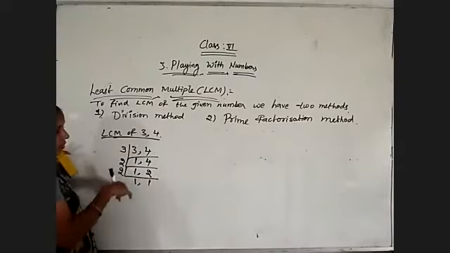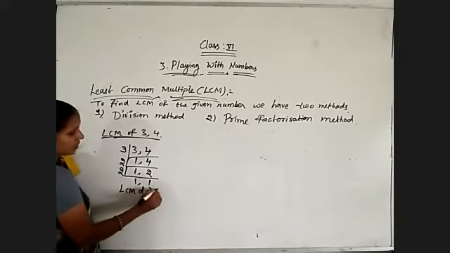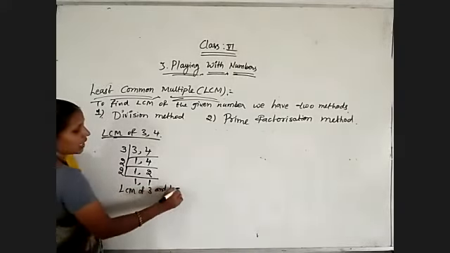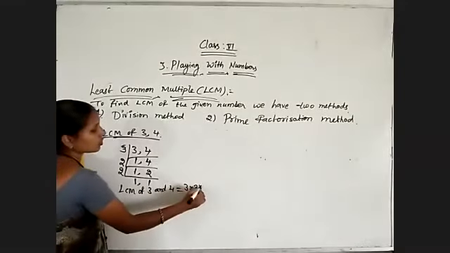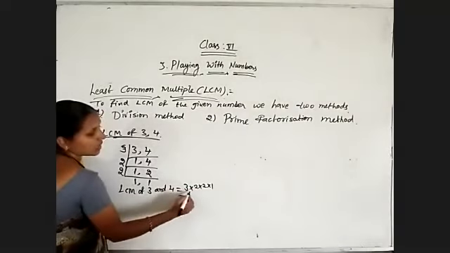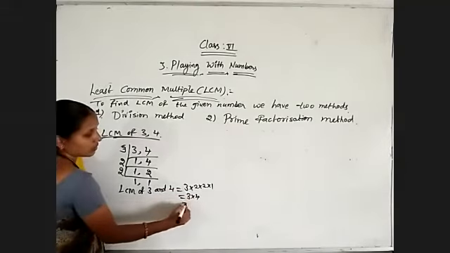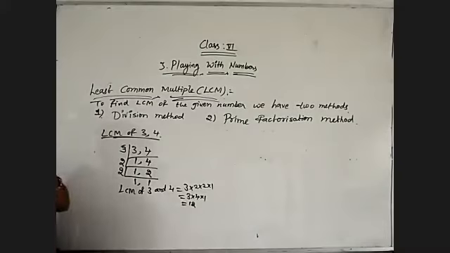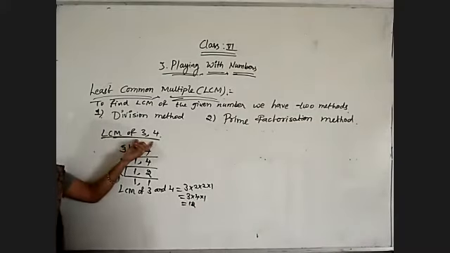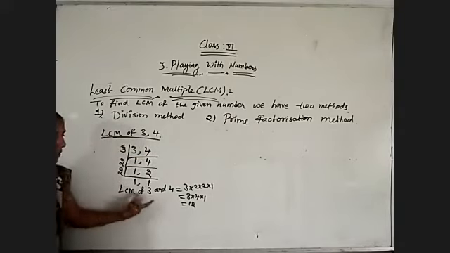Okay, so like this. Now the LCM of 3 and 4 is equal to the product of the factors we got on this side, that is 3 into 2 into 2 into 1, that is 3 into 4. 2 twos are 4, 3 fours are 12. That's all. So what is the LCM of 3 and 4? Just before, I also used 3 and 4, by writing the multiples, and there also we got 12. So in the simplest way we got the answer.